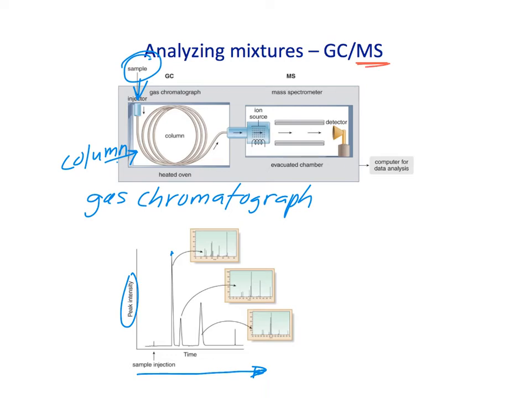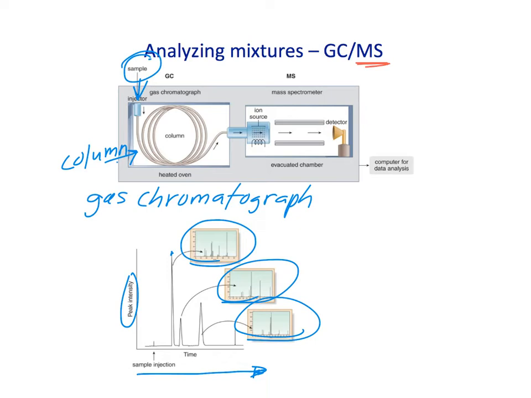One interesting way to do that is to use a mass spectrometer as the detector. You can both just detect that they're there, or you can actually get a mass spectrum of each of those compounds that come off the column, as they do it. So it's a very fast way to do this. And if you ever watch NCIS or one of these shows that has forensic stuff, they talk about